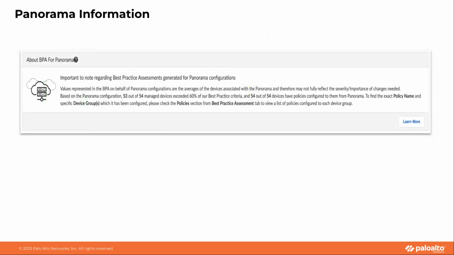So here too, this is still in the executive summary. We have a tab about BPA for your Panorama. We wanted to include this tab just so you can see exactly the number of devices that you have configured on your Prisma Access. So for Panorama